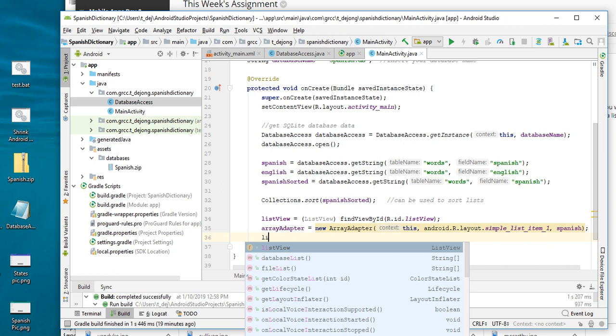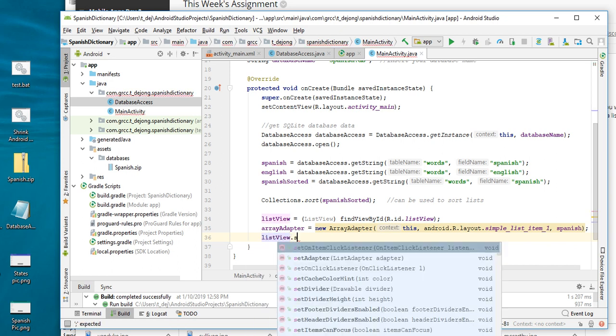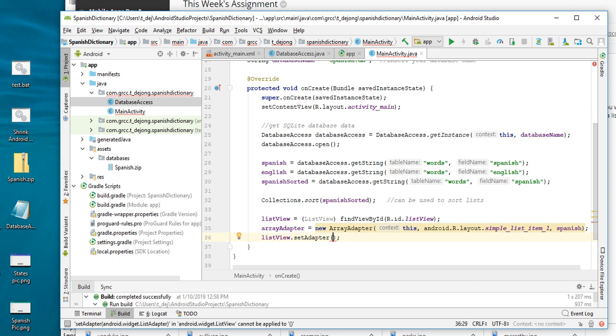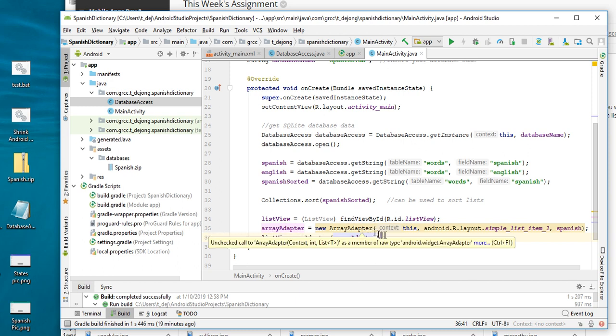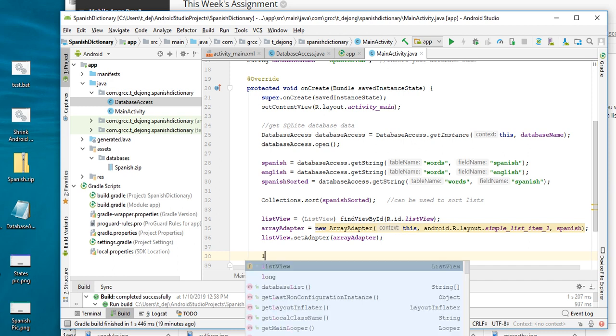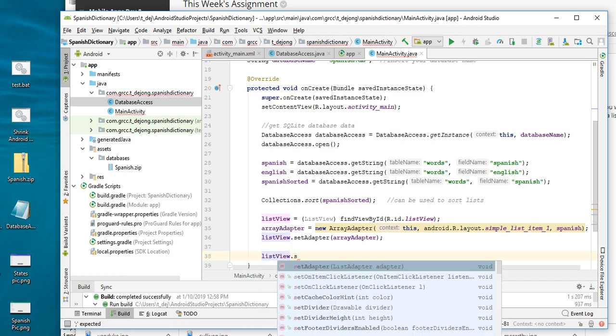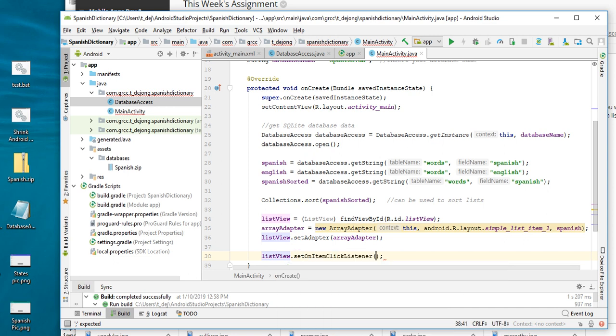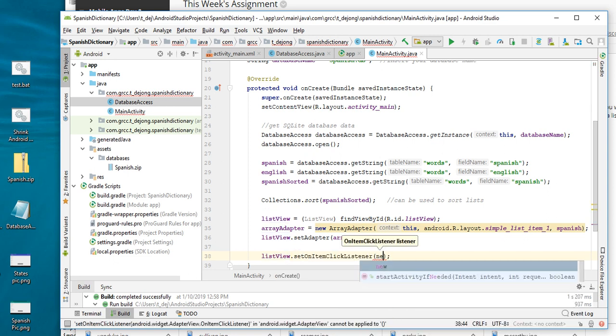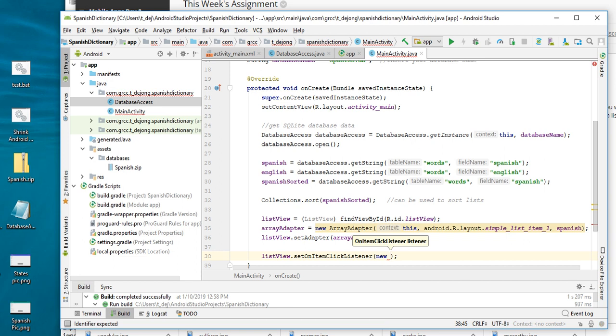And now, once again, we have to say list view dot set array adapter right there. And which one? Right above, the array adapter. So we're putting this in this. And now that will fill up our list view for us, okay? One more line here, list view dot set on click listener, and there I say a new, and this is a little bit different from the other one because I have to say new